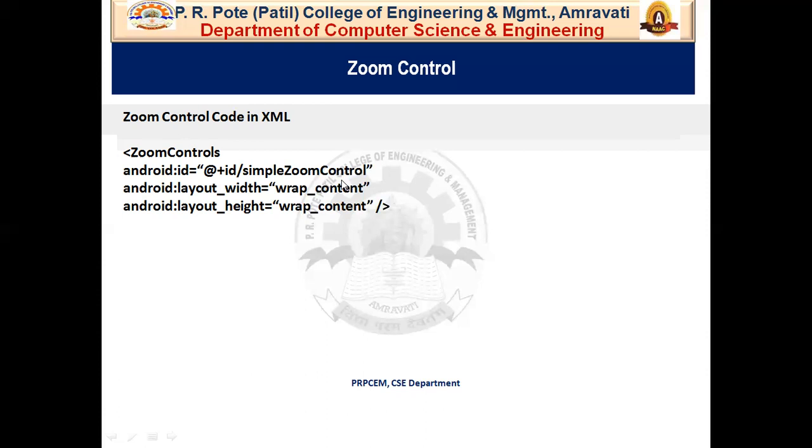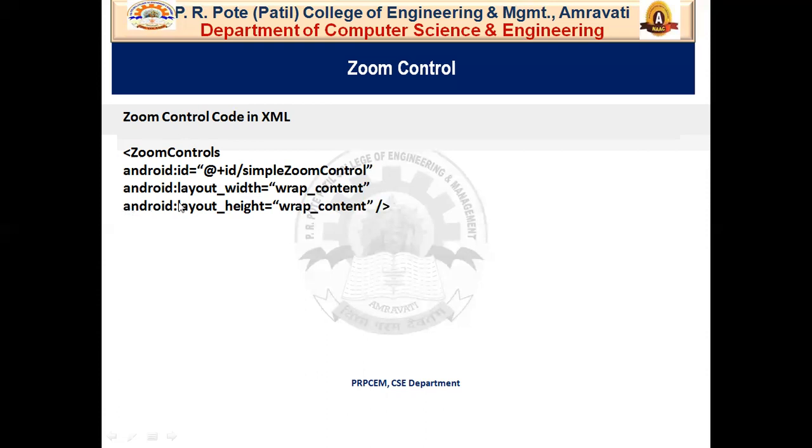Now we know how to set ID. Just drag and drop any widget that you want in your layout, then click on it, open your properties, and in the properties, open ID and name your ID. I have named it here as simple zoom control.